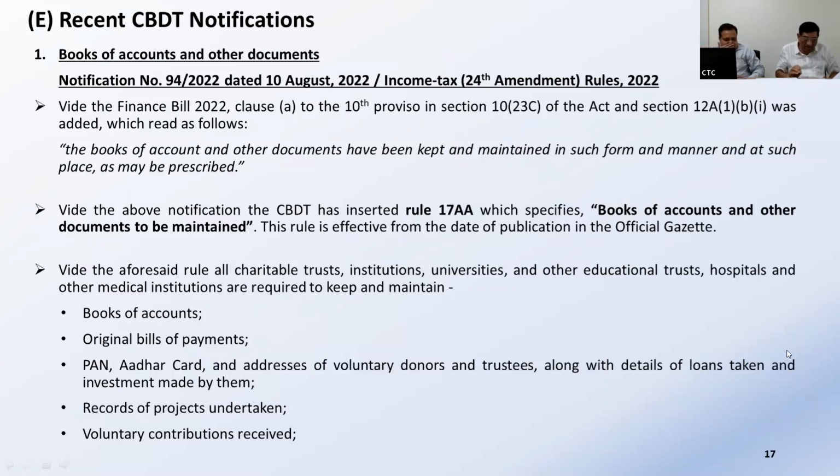This maintenance of books of account and documents is applicable only to those trusts having income or gross receipts of more than 2.5 lakh. The small trusts below that limit need not maintain books as per this. They still have to maintain records in case of assessment, but in their own system and manner, not strictly as per this notification.